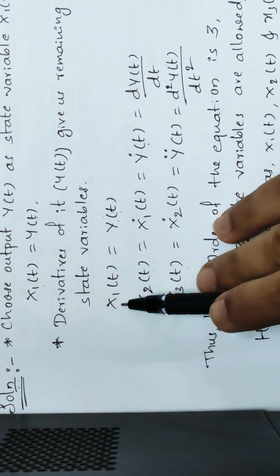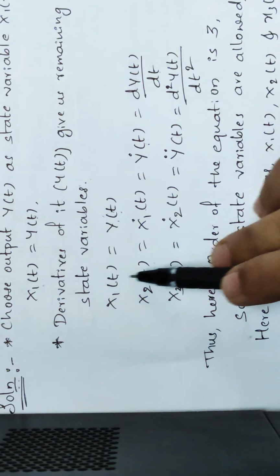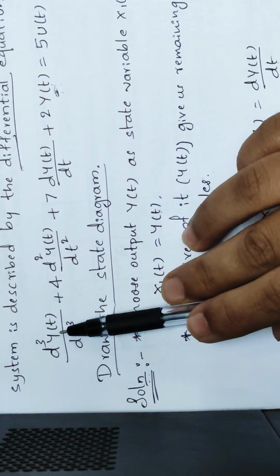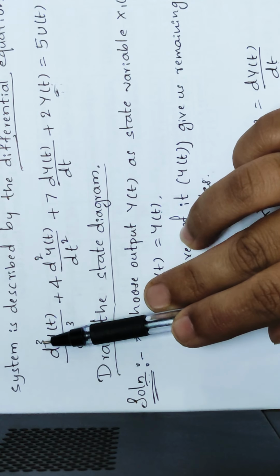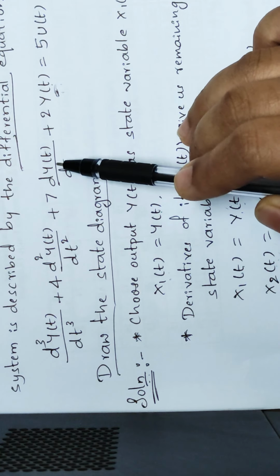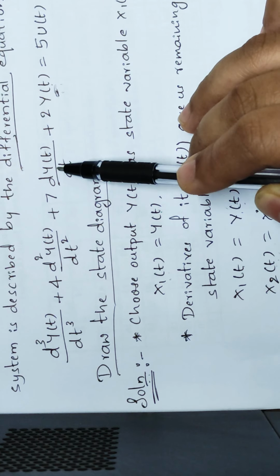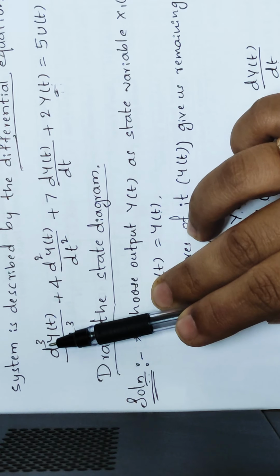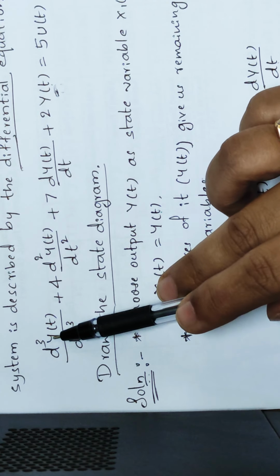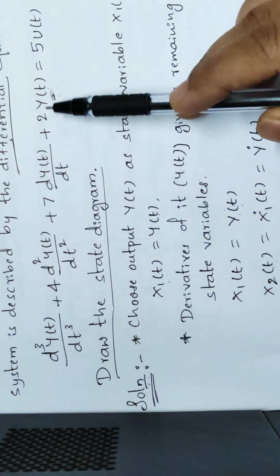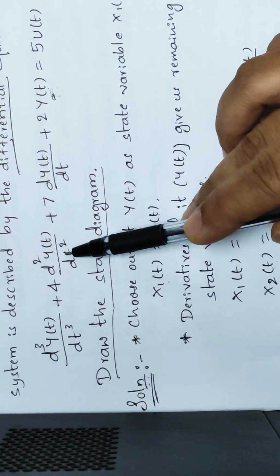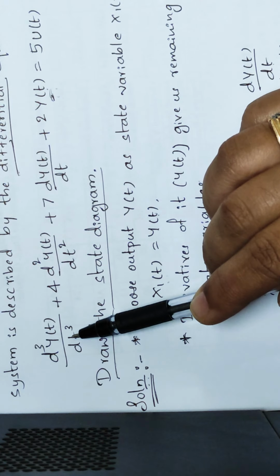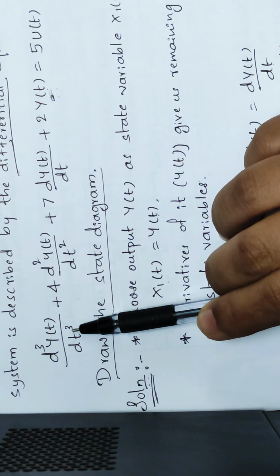Here only three variables, x1, x2, x3. Why only three variables have I written here? Because in the equation, the order of differentiation n is how much? n is equal to 3. First y of t, then first differentiation, second differentiation, third differentiation. Only n is equal to 3, a third order differential equation. Hence this is x1, this is x2, this is x3, and this is not x4, this is nothing but x3 dot. Listen here, all of you.